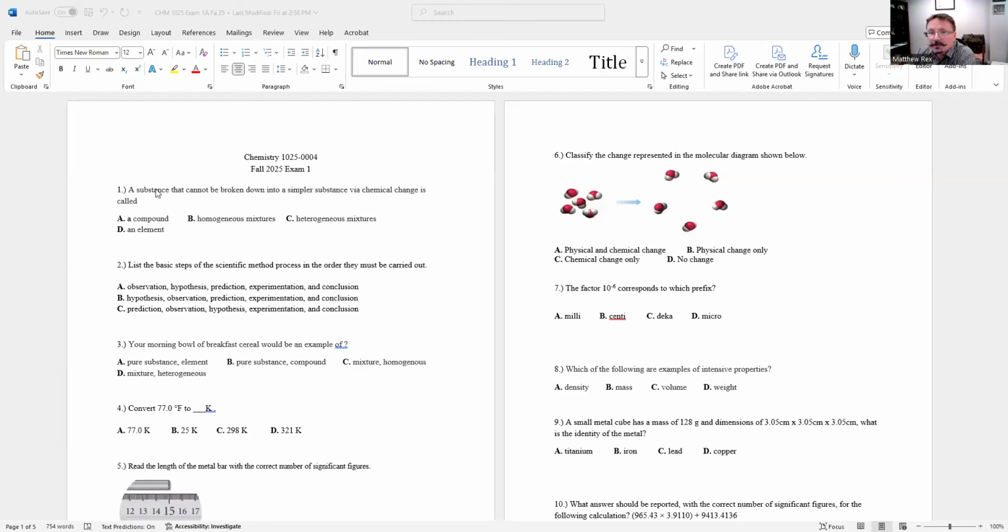Okay, we're going to go over the exam. So hopefully this will answer any questions you might have. Starting with question 1, a substance that cannot be broken down into a simpler substance via chemical change is called